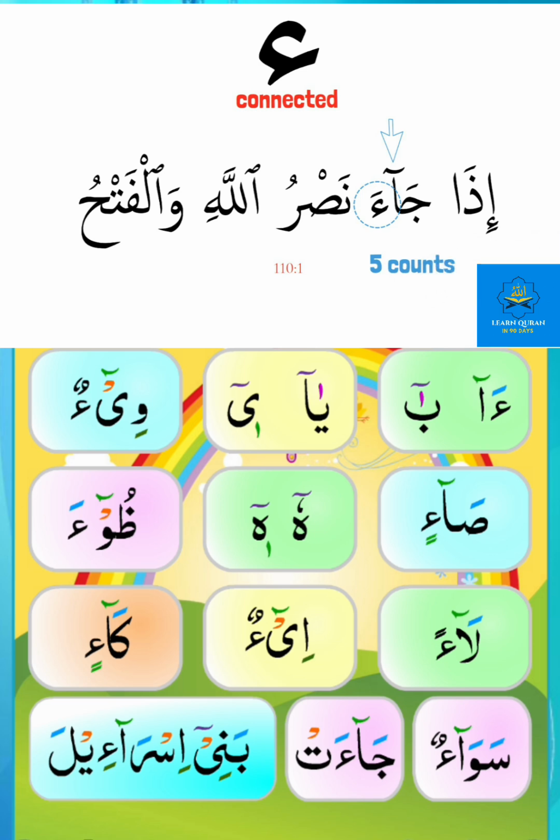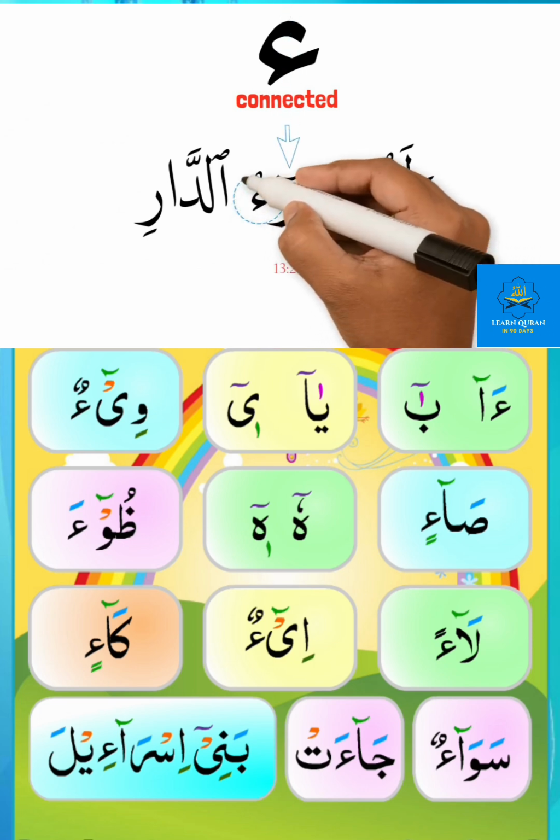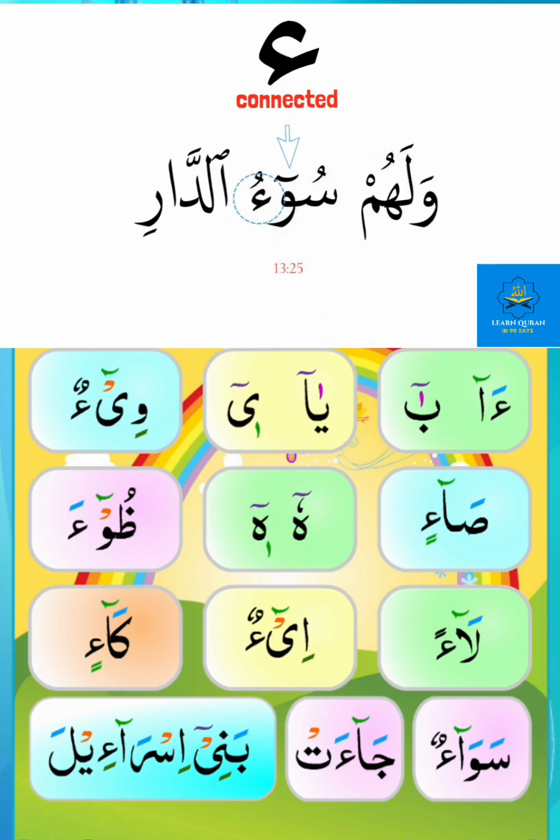So this would read, إِذَا جَاءَ نَصْرُ اللَّهِ وَالْفَتْحِ. We lengthen the long vowel for 5 counts. Another example. We see a long vowel followed by a Hamza in the same word. We lengthen it for 5 counts. It reads, وَلَهُمْ